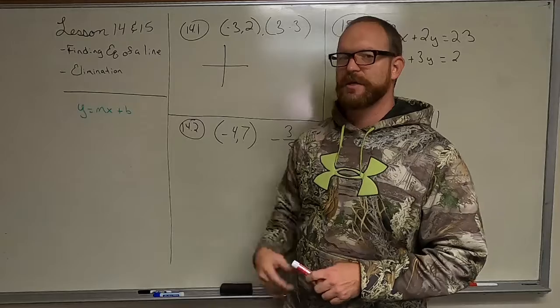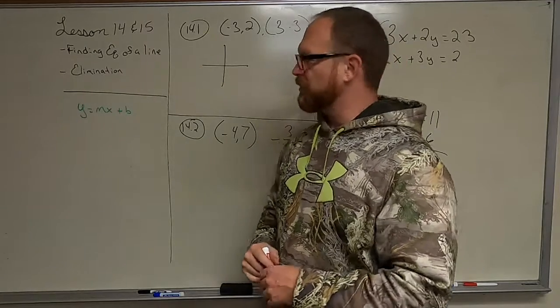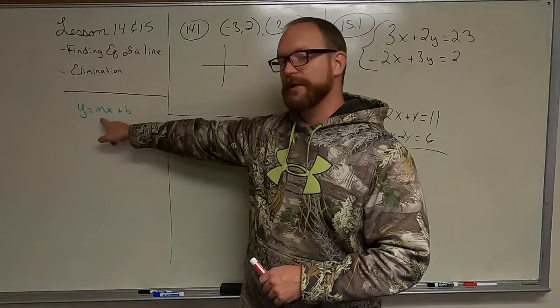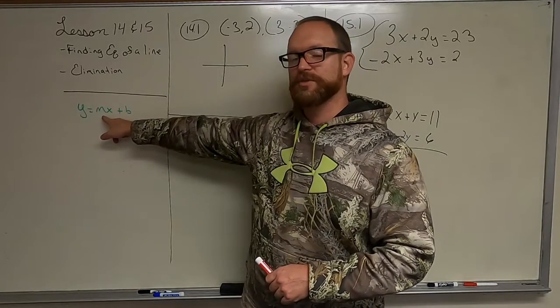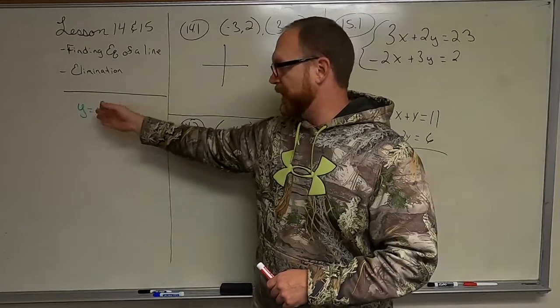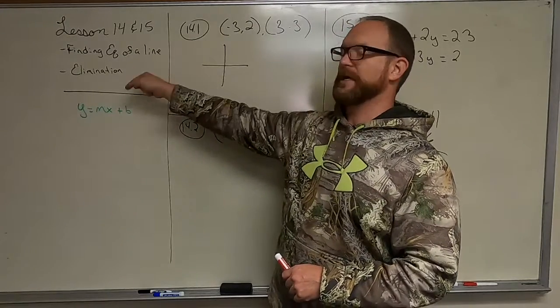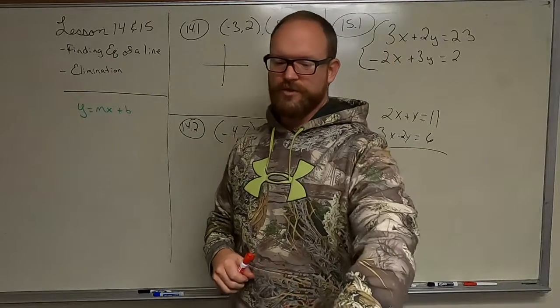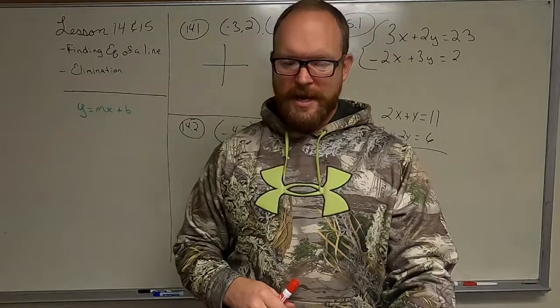y = mx + b. Now remember, y and x are simply our unknowns. m is our slope, and remember the slope is the rise over the run, and this could be positive, going up, or it could be negative, going down. And b is simply our y-intercept. So what we're going to do now